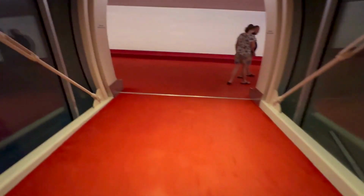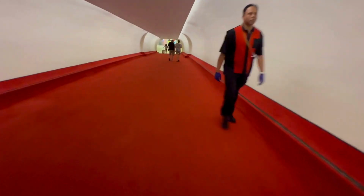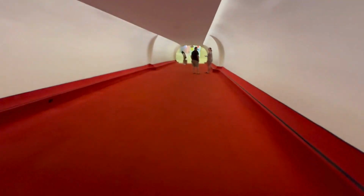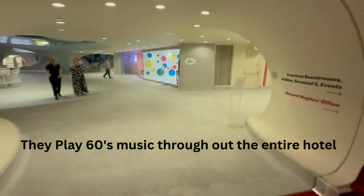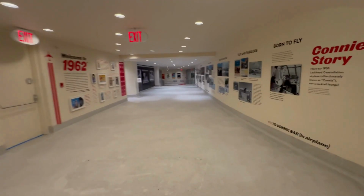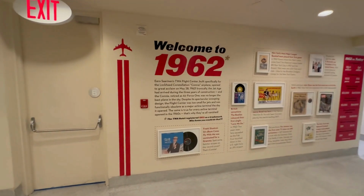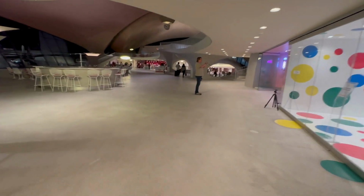Out of the elevator. There goes people outside waiting. I think this is arrivals, so people are waiting to be picked up. And down we go. Here we have a little bit of history on the walls. And when you get around the corner,